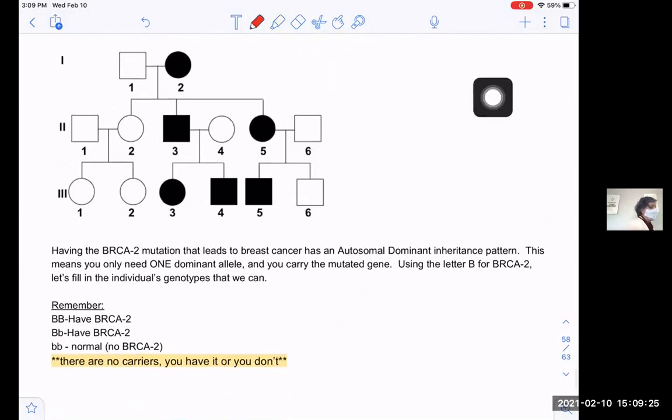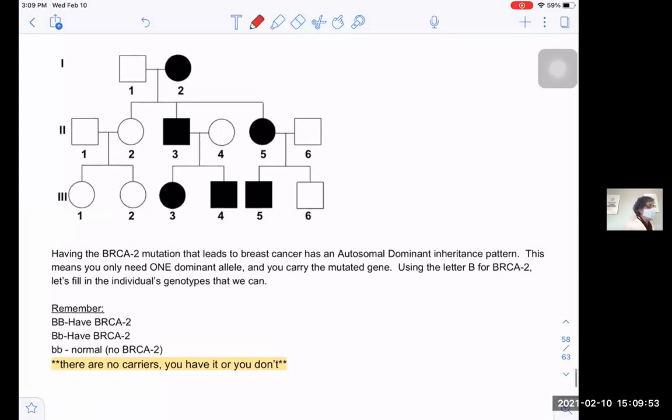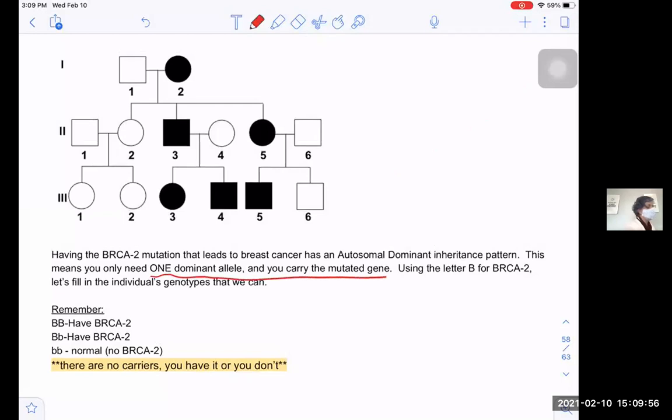So the example that I'm going to give you today is one that actually hits close to home because I actually have this mutation. BRCA2 is a gene that everybody has, but some people have a mutation in that gene, and it can lead to higher chances of breast cancer for females. And you only need to have one dominant allele to have this BRCA2 mutation. So you only need one. So if we use the letter B for BRCA2,